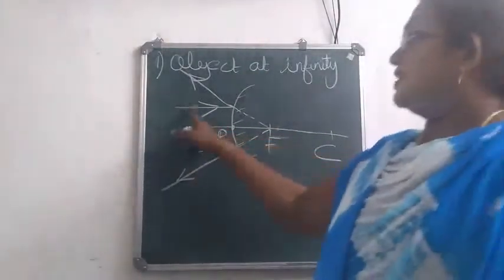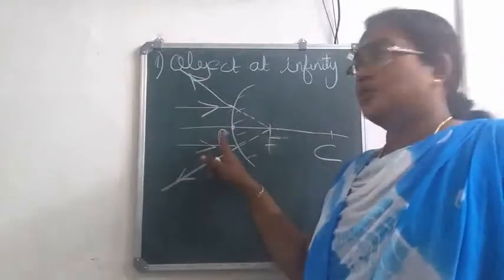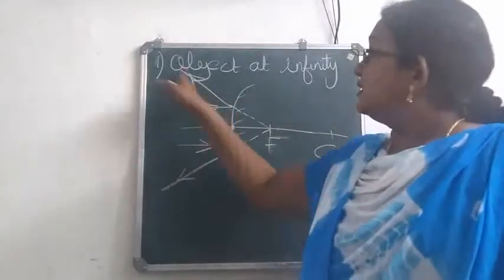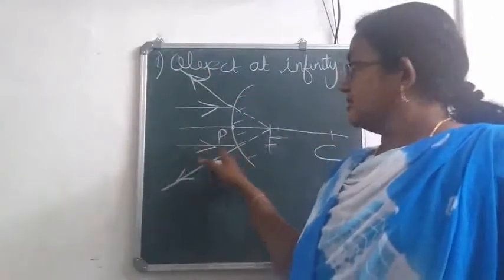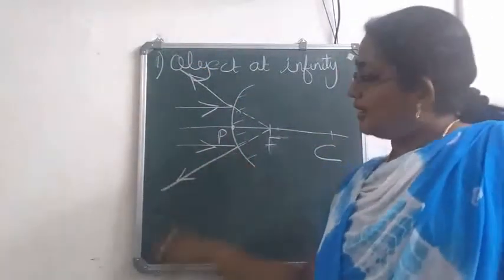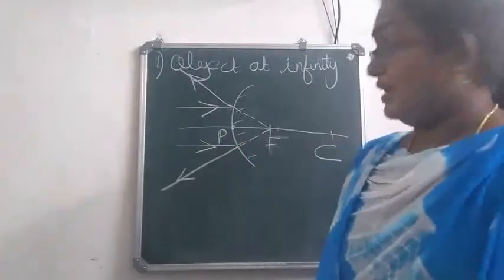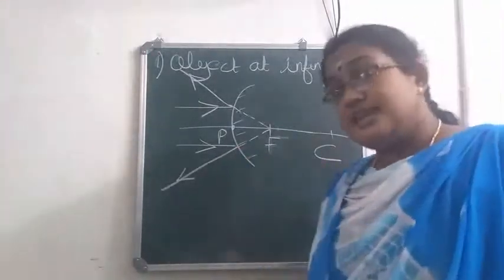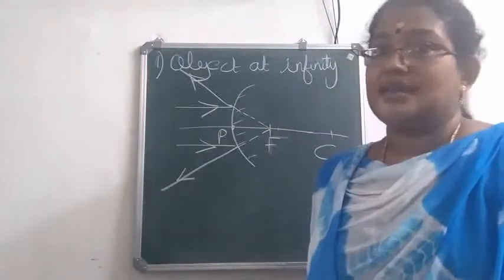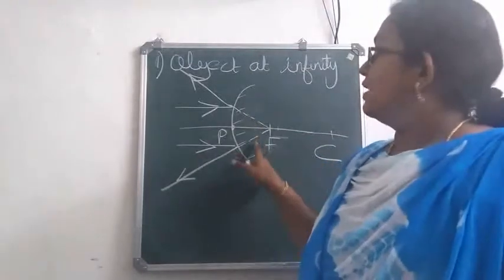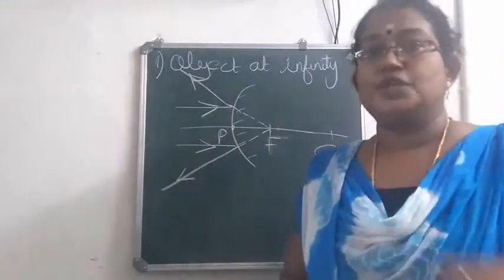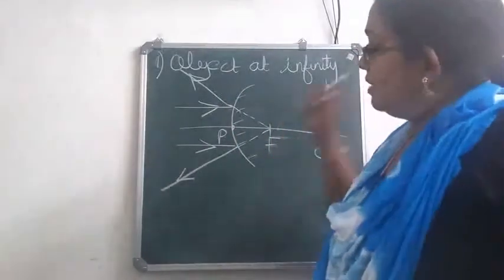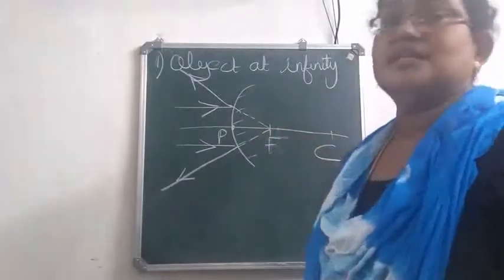Okay. So first I have drawn a ray parallel to the principal axis. After reflection, it went upward. Then here a ray, same thing, a ray parallel to the principal axis. After reflection, it moves downward. I have extended the reflected rays in the backward direction. That is why you can see dotted lines here. If we are extending, we have to use dotted lines. Okay. And these two dotted lines meet at F.